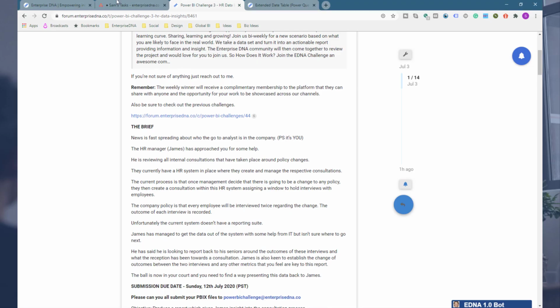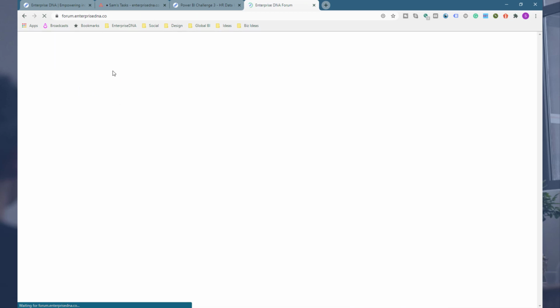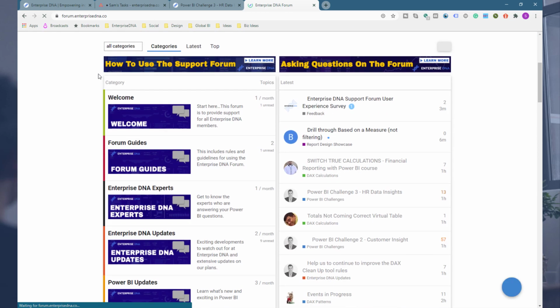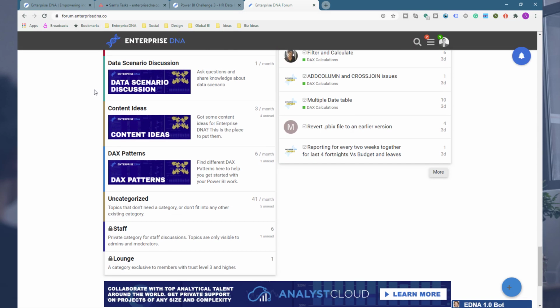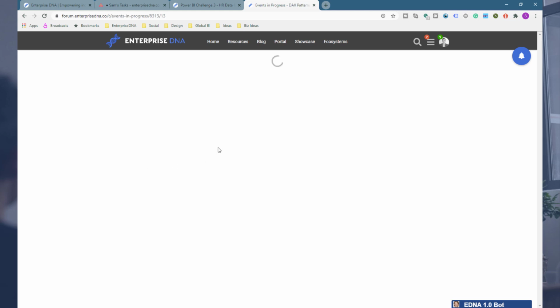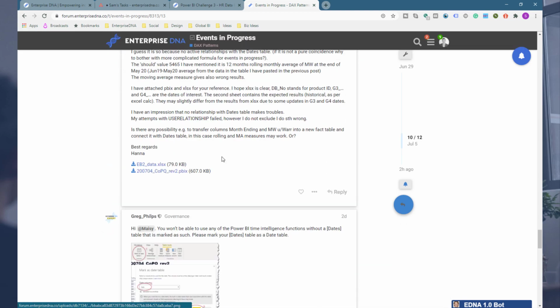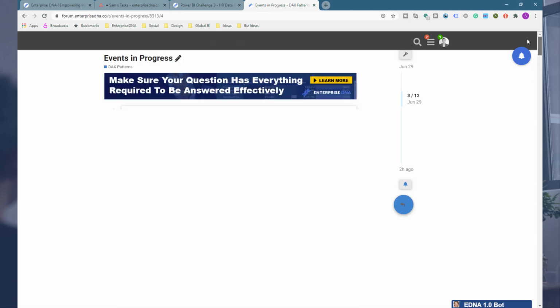And I want to show you another thing in our forum that has recently been added from a couple of the Enterprise DNA experts as well, is we have a DAX patterns category now within our forum. So if you go to forum.enterprisedna.co, and I think it's at the bottom here, so you see DAX patterns. And what we're doing here is we're building up some threads around each important pattern that you can use within your models. And the great thing about this is if we click on, say, events in progress here, we can come in and copy the actual formulas because they've been embedded into this thread,